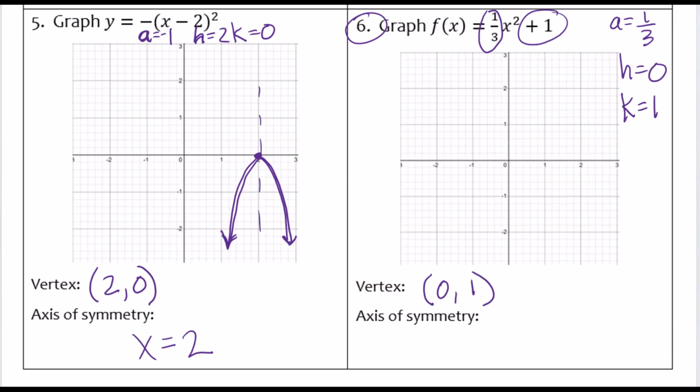So then we know the vertex will be 0, 1 because it's HK. So we're going to plot 0, 1. Okay, and let's just make the 1/3 is just going to make it more wide. Maybe something like this. Right. And the axis of symmetry. So what makes it symmetric? X equals 0. Nice job. Questions? Okay,